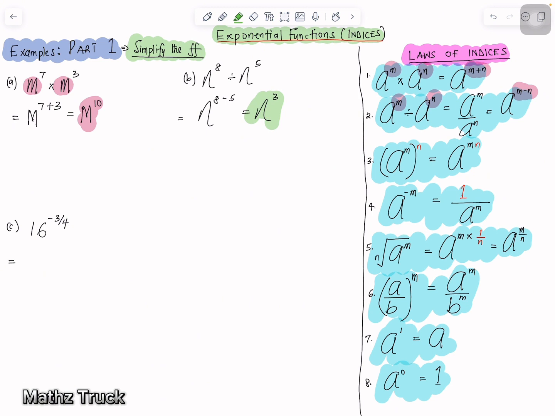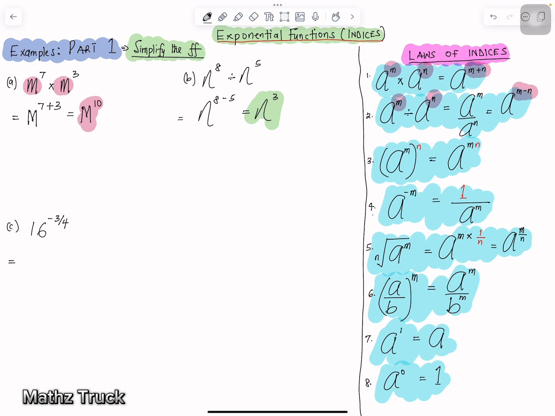Now let's move to question C. It says we have the base 16 exponent negative 3 over 4. How do we solve this? When you look at the laws of indices, law number 4 says when you have base a exponent negative m, it equals 1 over base a exponent m. So when we apply this law, it becomes